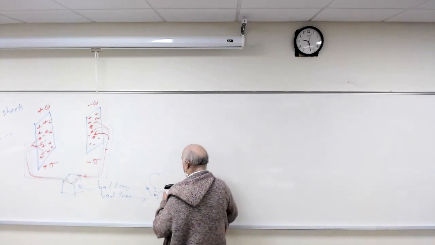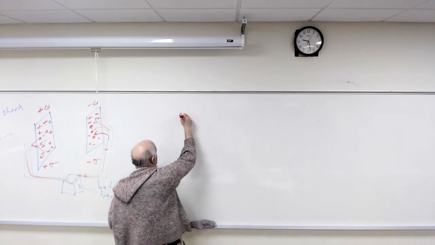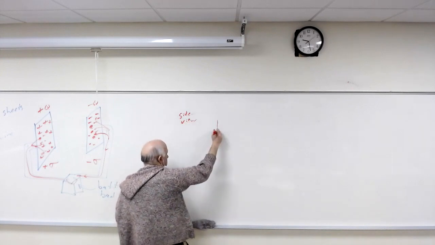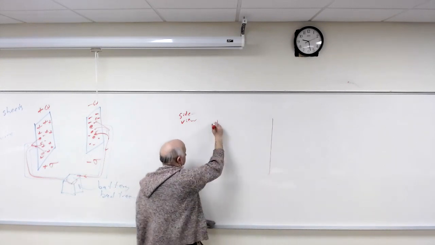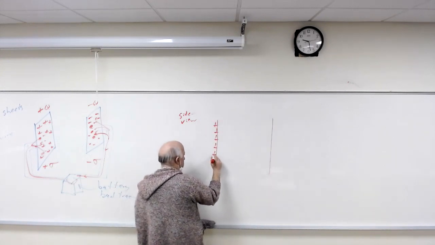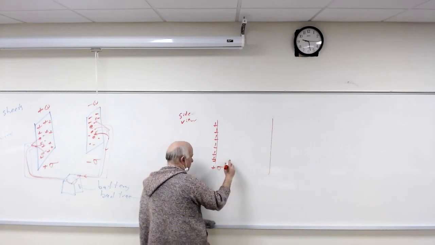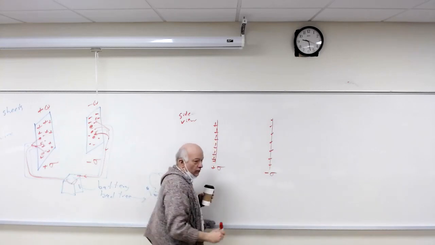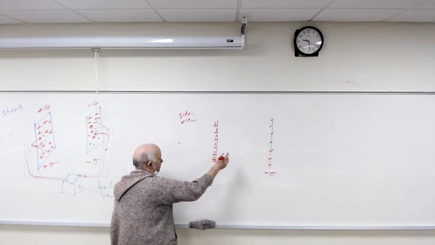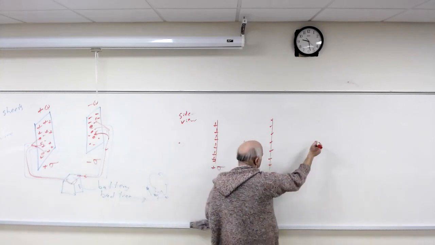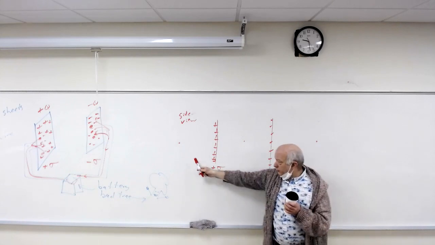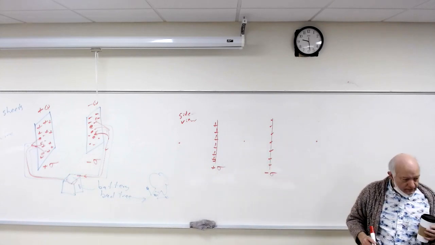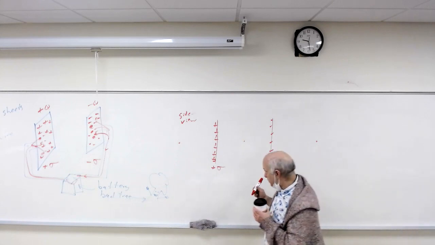Okay, so let's look at the field here. I can draw a side view of this. Here's this part here: plus sigma, minus sigma. And let's draw the field here, here, and here. So what does the electric field look like over here? Charge going outwards to the negative. Okay, so let's add them together.